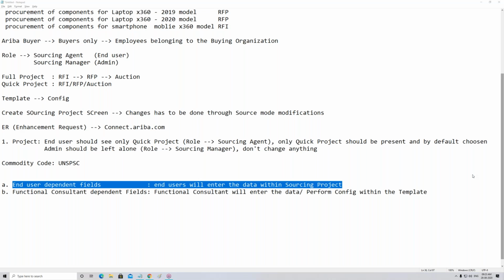Once you have done this, as part of good Ariba consultant configuration, you have to do that configuration properly. That is, you should put a visibility condition. That means only end users belonging to India select the custom sourcing project India template. Similarly, the end users from the US should see only the custom sourcing project US template. You will not give the end user multiple templates to select from. Why? Because they will select the wrong template.